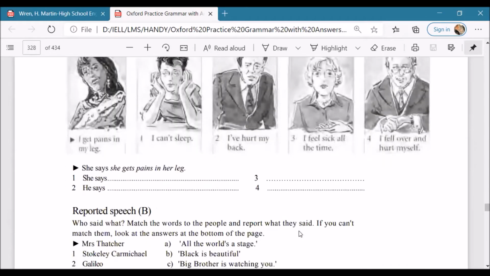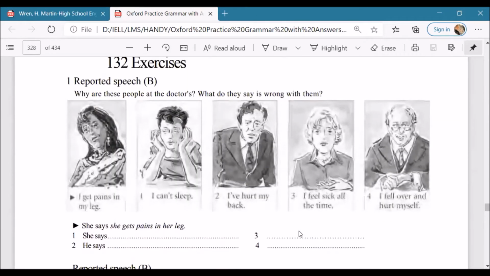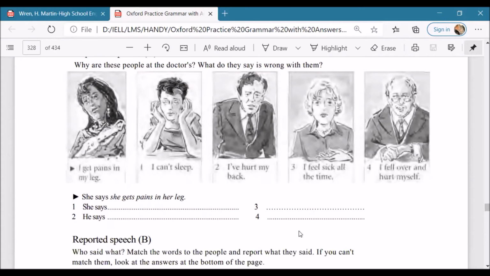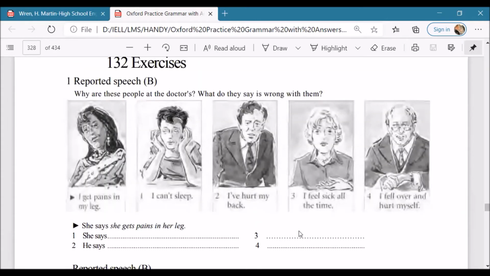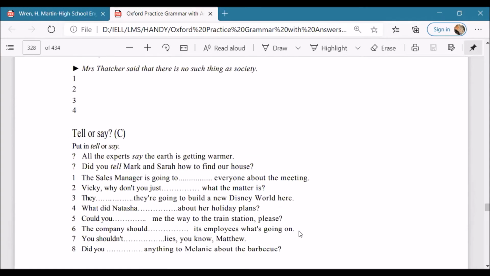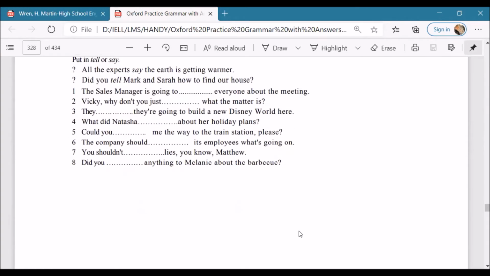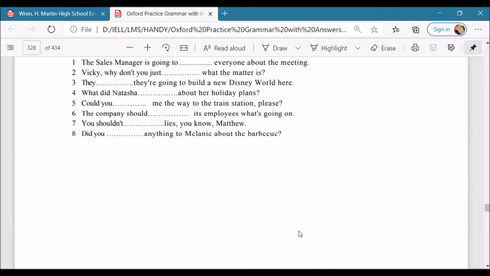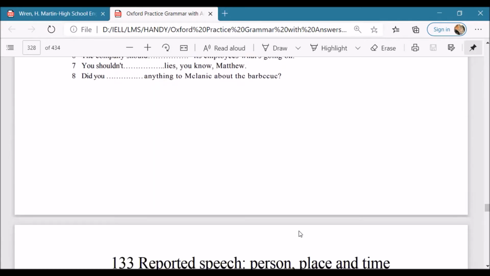Here we have some basic exercises. These are again, as we did in active voice and passive voice, voluntary exercises. If you want to do them, you can take a screenshot. I've also shared this book with you, so you can complete these exercises. And of course, you can type it in comments or email me. Otherwise, there will be homework that will be compulsory for all of you that you have to put in comments. Okay, that would be at the end, similarly as we did with active voice and passive voice.